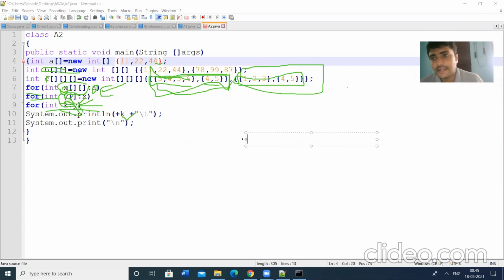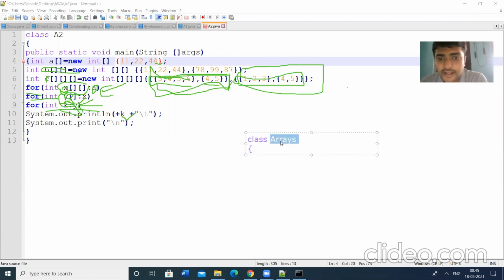We have the class called Arrays. Already we have explained, Arrays is a predefined class, which has some predefined methods like toString, copy, sort, binarySearch. We have so many predefined methods in the class called Arrays.